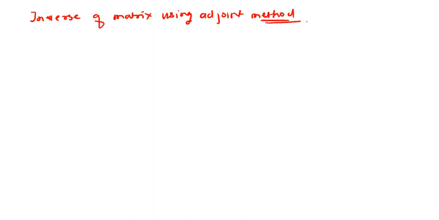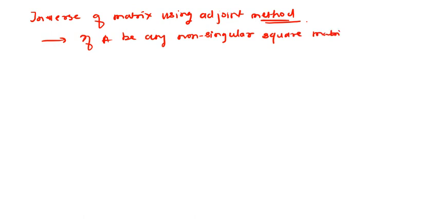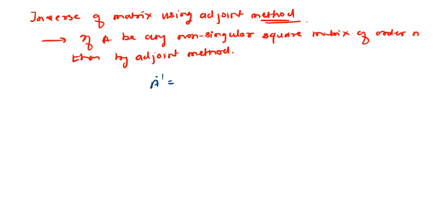To find the inverse of a matrix using the adjoint method, suppose A is any non-singular square matrix of order n, then by the adjoint method the inverse of this matrix, A inverse, is equal to 1 upon determinant of A into adjoint of the matrix